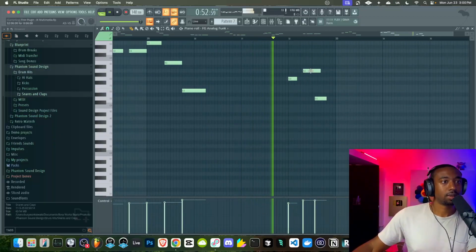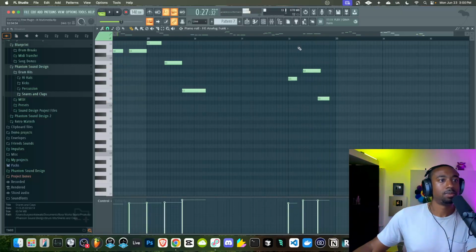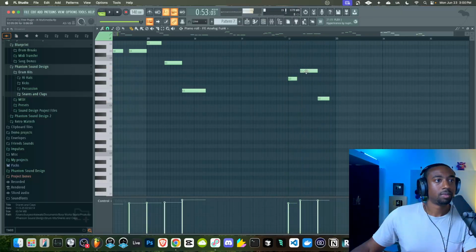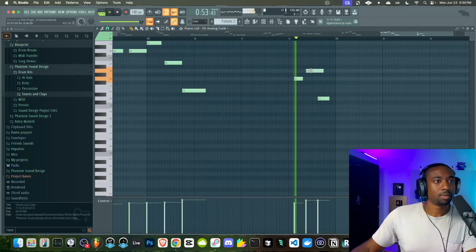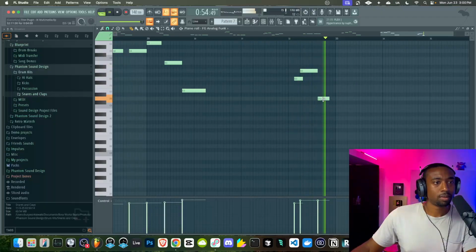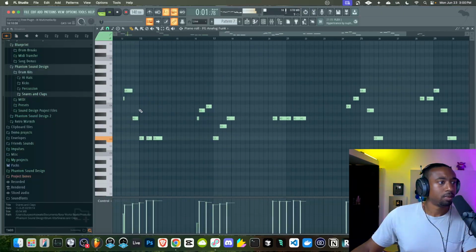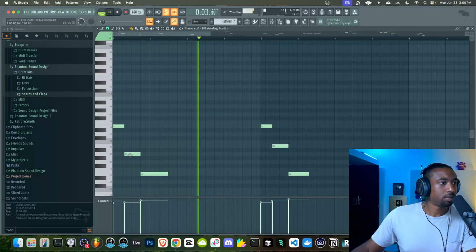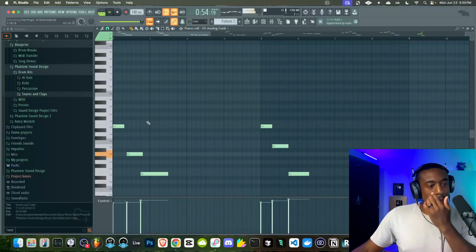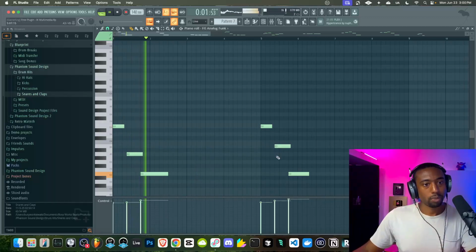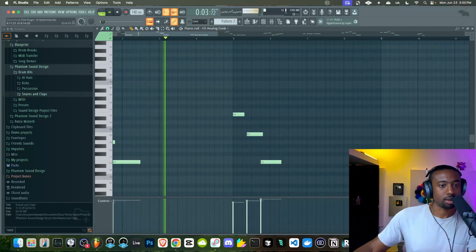Fix all these notes. It's crazy. So yeah, I'm not sure why FL quantized all my stuff incorrectly.